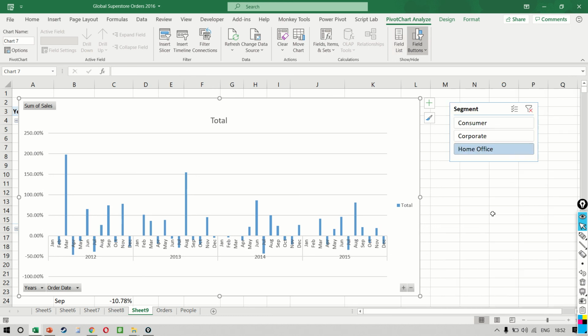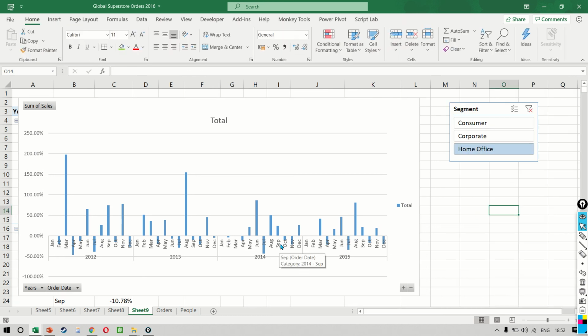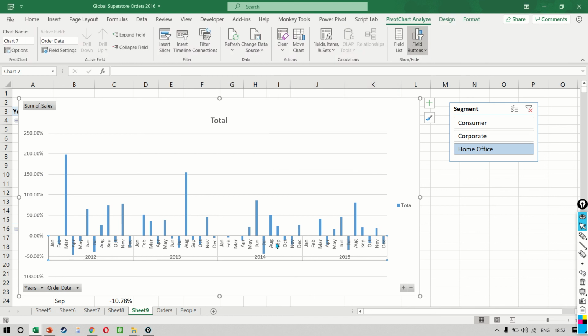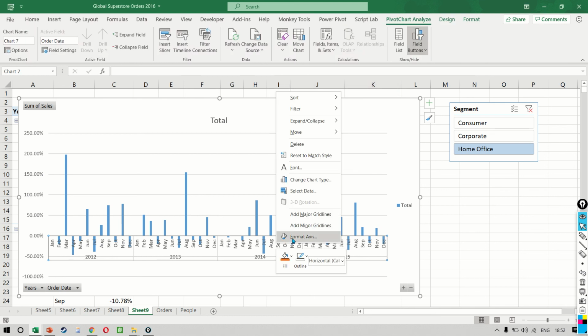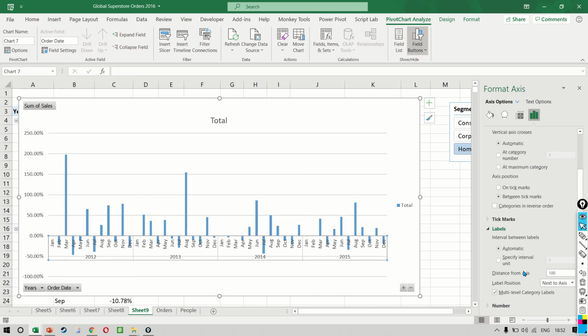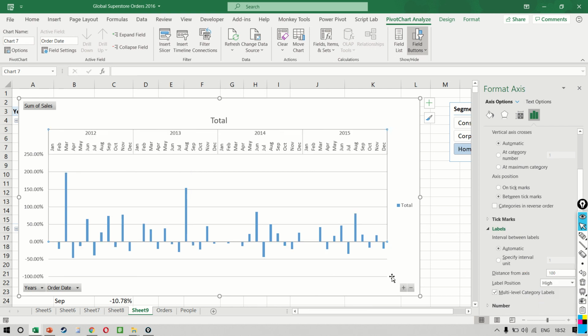A small tip here, whenever you see that these negative numbers are shown, you can simply click on the label, say format axis, go to label, and then in the label position, select high. This way, the label will come at the top and the negative and positive numbers can be seen clearly. Again, this is slightly different to how we presented it earlier, but a wonderful way of presenting the data nevertheless.